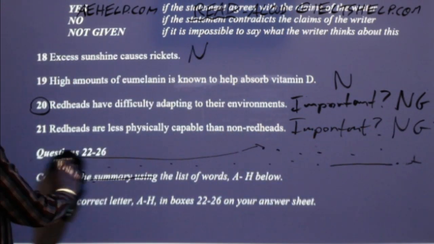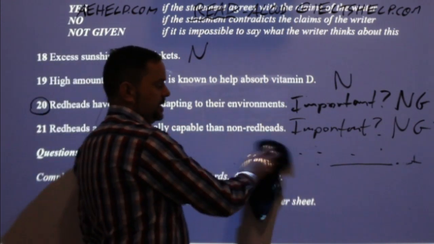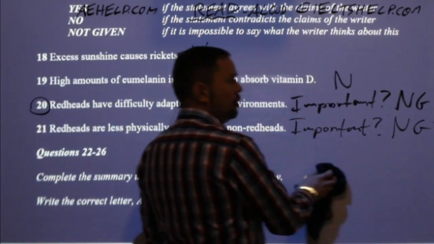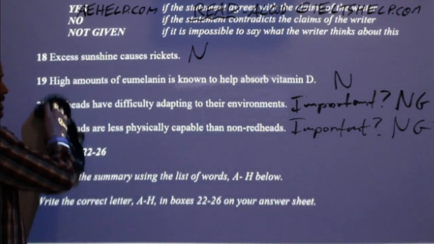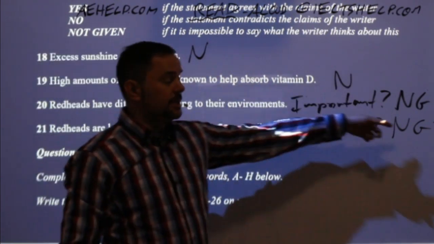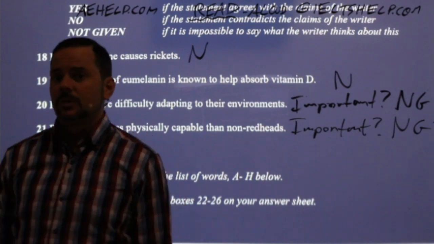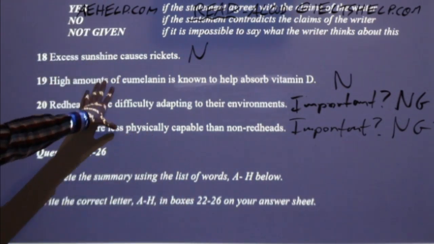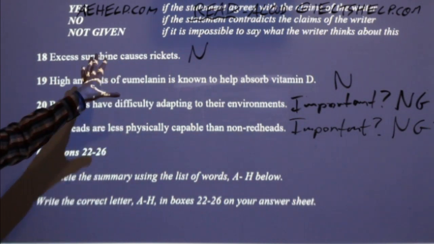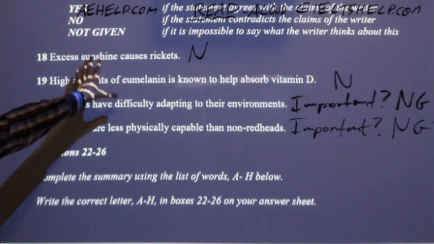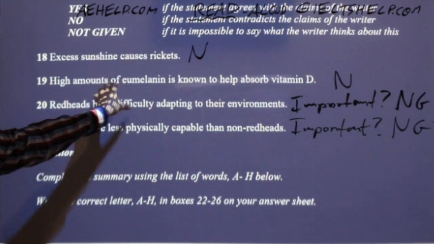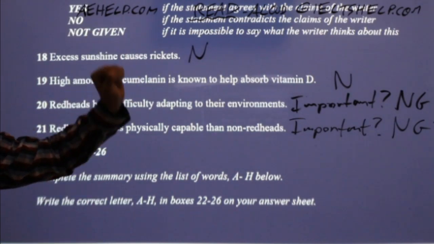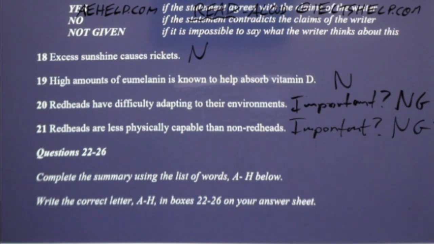And that can happen in IELTS. Careful, students. These yes, no, not given, or true, false, not given, it's possible to have no, no, not given, not given. Okay? And that's why there's no point to read these questions and try to figure them out before the passage. All this would have done for you is just confused you for the passage. Okay? So, no, no, not given, not given.